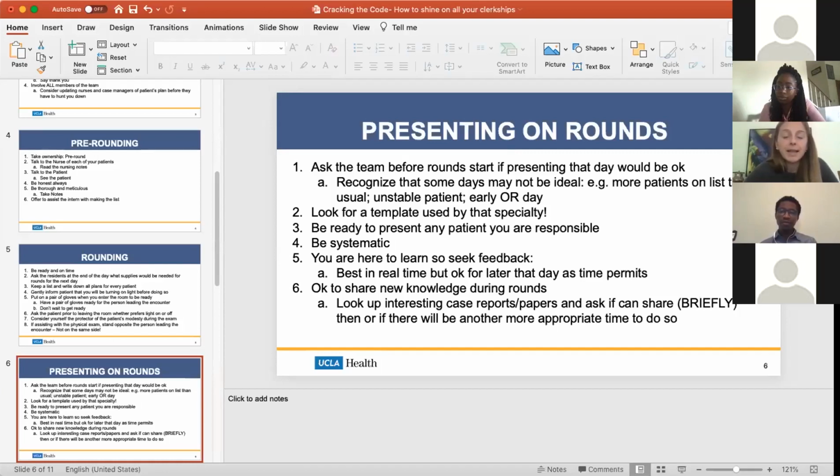And then I think as much as you can, and we'll touch on feedback more later, try to get feedback as early after as possible, sometimes after rounds, but if the workflow of the team doesn't quite permit that, try to check in later in the day and see if there's anything you can improve on, any adjustments that they would suggest, to make sure that you're applying that knowledge and applying that progress each day, and not feeling like you've gone through a whole week feeling uncomfortable with your presentations and not knowing where you can build